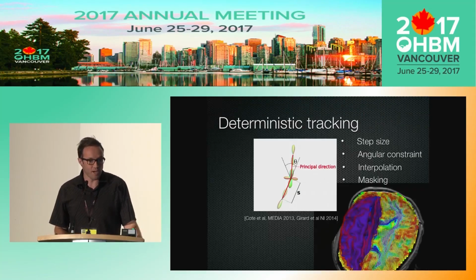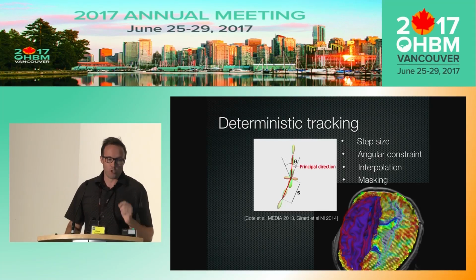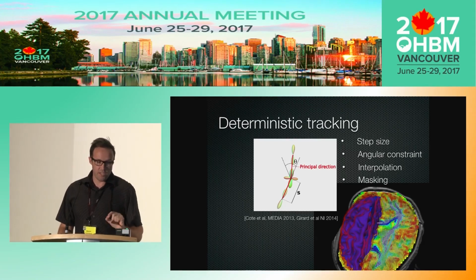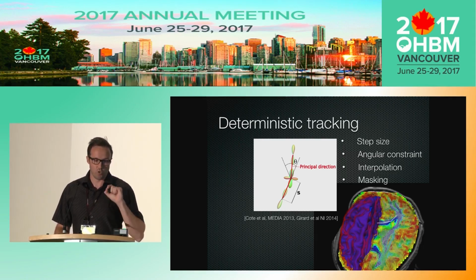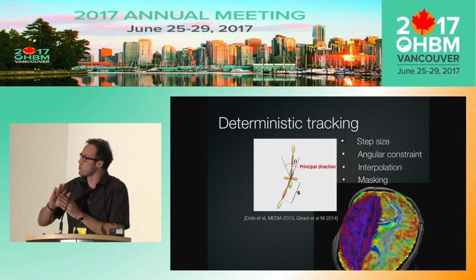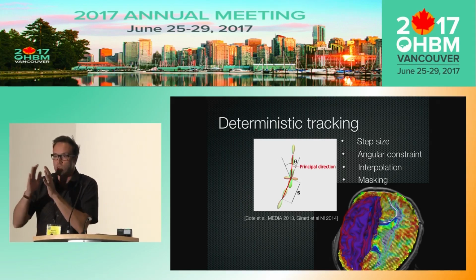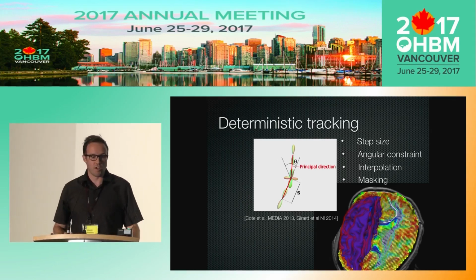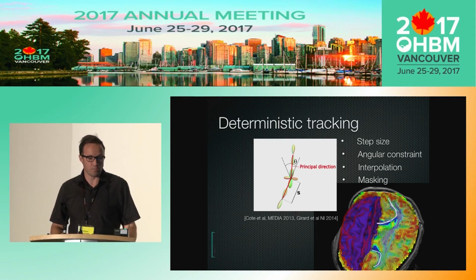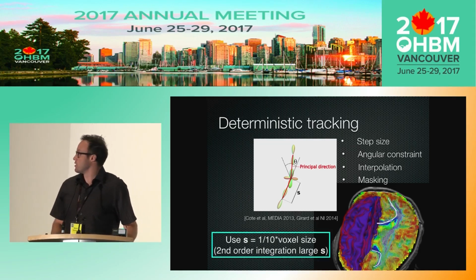So you can already imagine that this will cause a lot of problems for tractography. Right? So we're tracking on a discrete grid. We're going to have to take, from a seed, small step sizes. You have to choose this step size. And we're going to interpolate and have angular constraints to decide, are we allowed to make a 90-degree turn or just a 60-degree turn? And so I don't have time to get in all those details, but one recommendation that